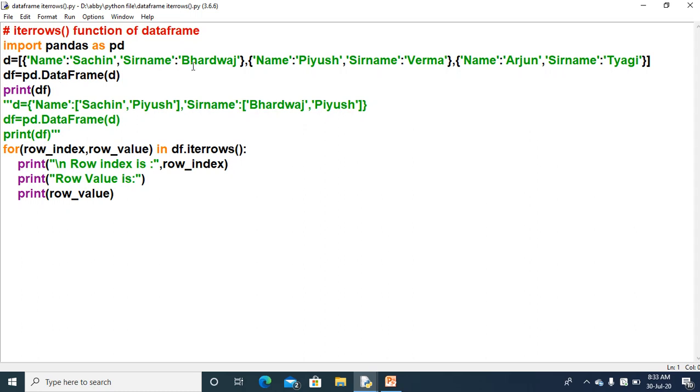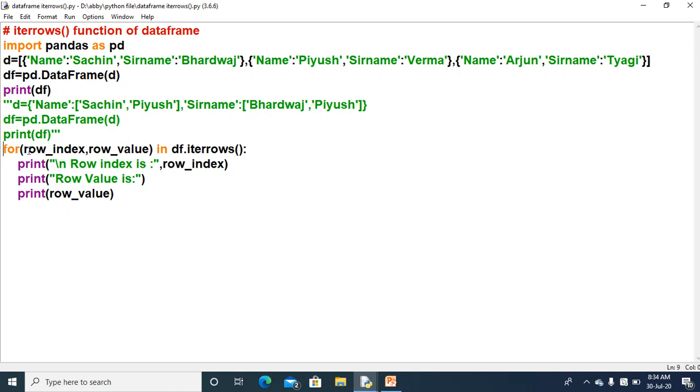The same data frame can be created as I have written in the comment line: name Sachin, Piyush, surname Bhardwaj, Verma, and so on, if you want to create more records or more columns. This is also one way: name, first row data, then second row data, then third row data, and so on. After displaying the data frame, the main iterrows method will start here: how to access one row at a time from the data frame.